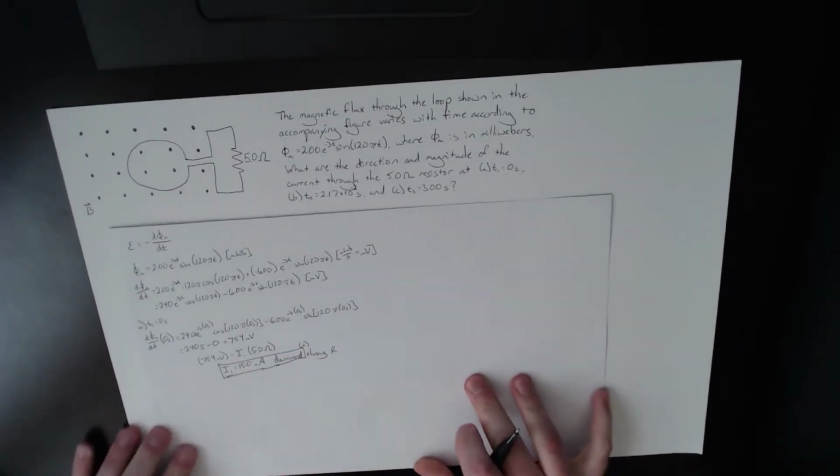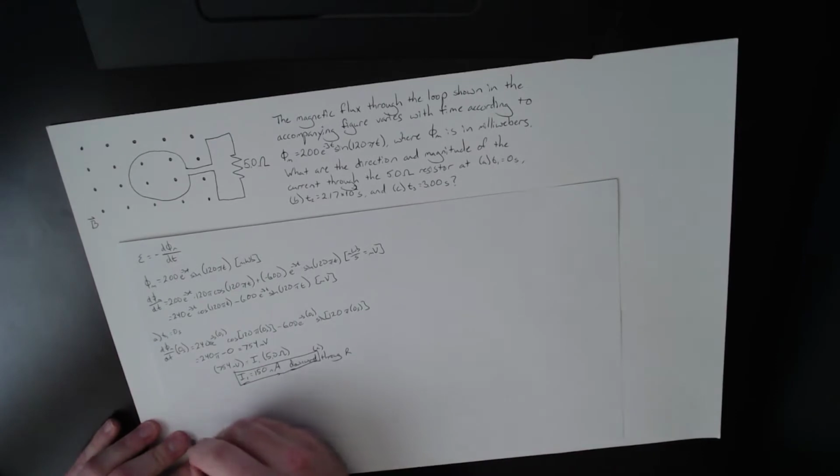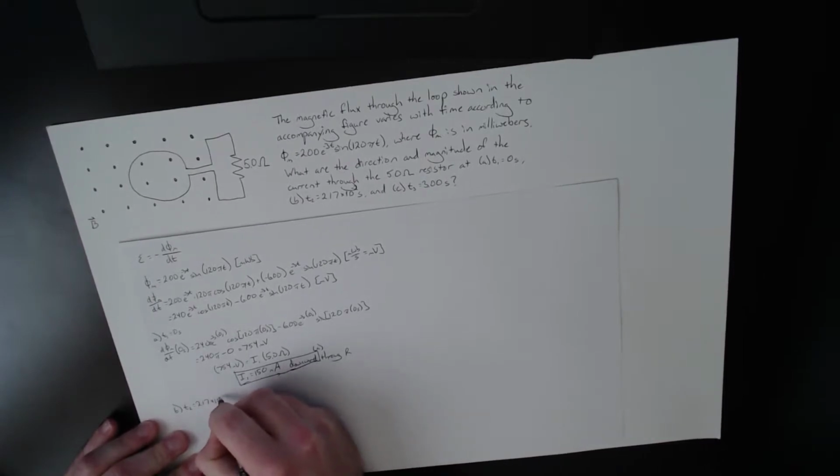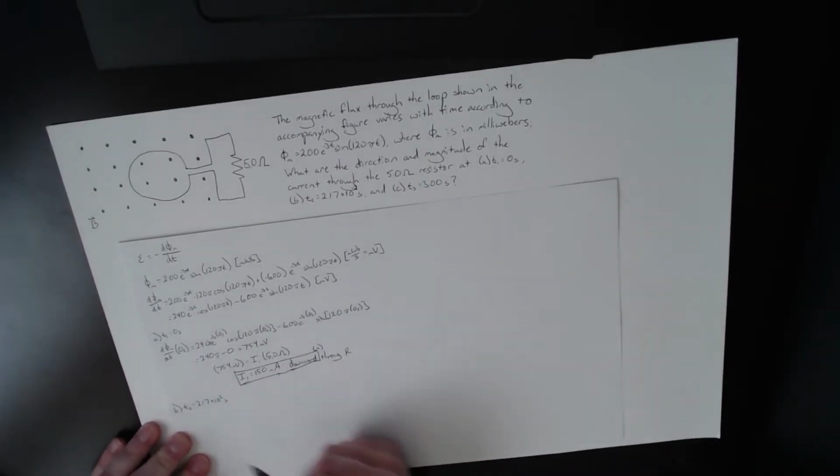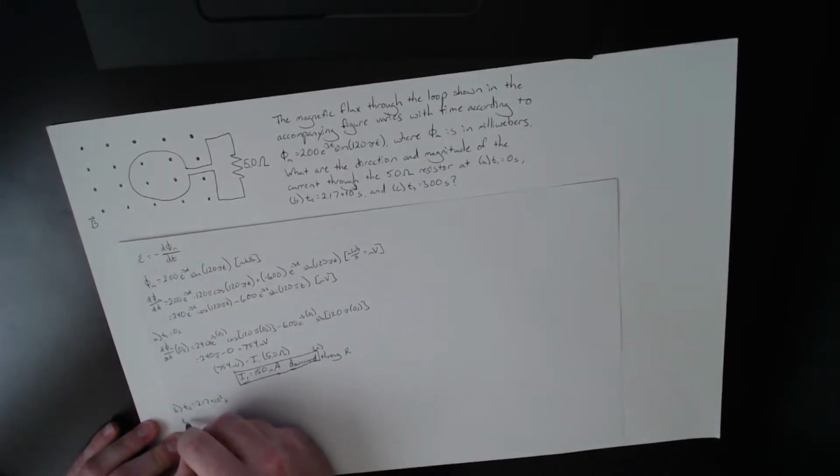And that is A. So let's do the same thing for a separate point in time. Point B, time 2 is equal to 2.17 times 10 to the negative 2 seconds, shortly after A. So substituting that in,